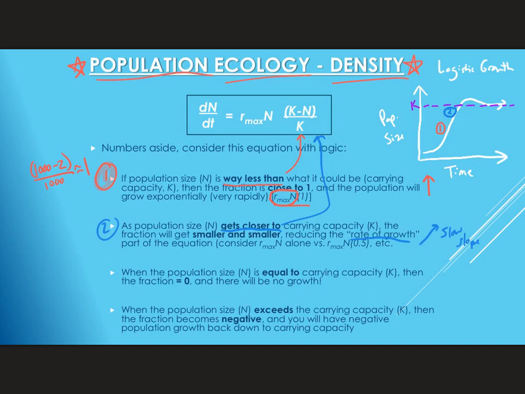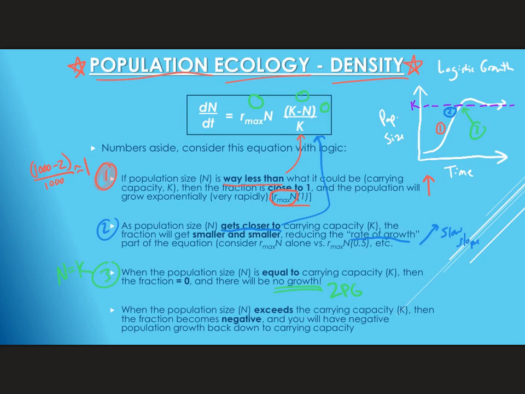Now, eventually, we're going to get to a point, we'll call it 3 here, where n equals k. Well, if n equals k, then the top part of our fraction becomes 0. And that means the whole fraction becomes 0, and the whole formula becomes 0. So this is ZPG, zero population growth, where, at least for a moment in time, we would expect no increase